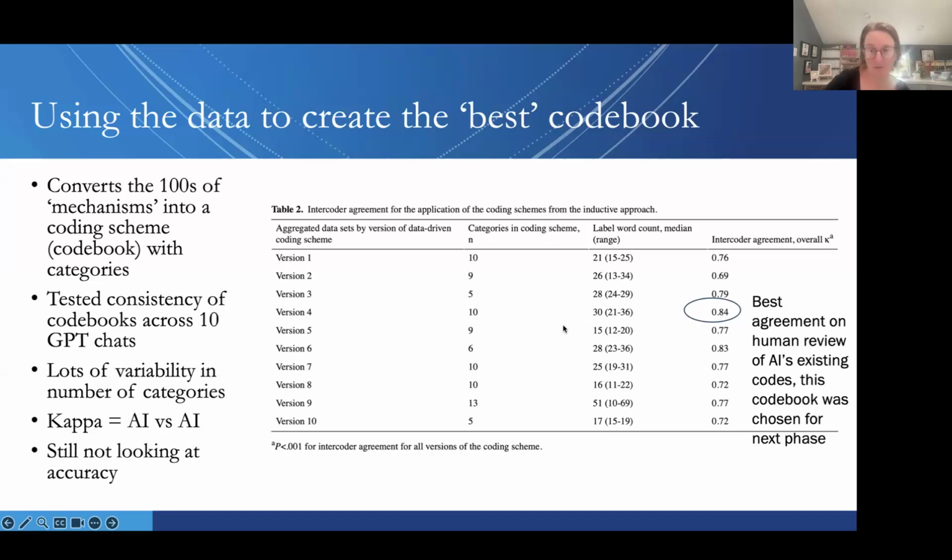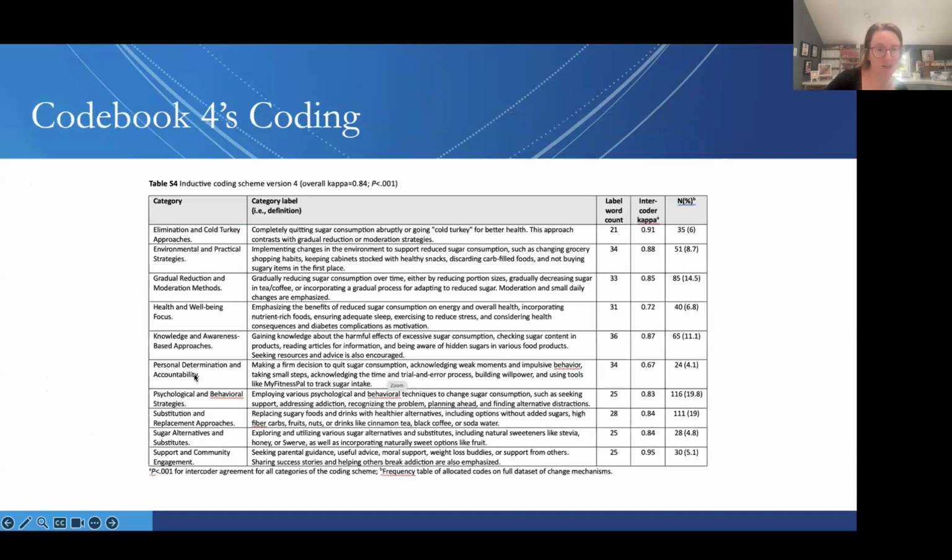But again, remember, you've got this one here that's at a 0.8 or a 0.79 of inter-rater reliability, and this code book only has 5 categories, and this code book has 10 categories. So the obvious question is, okay, it's very precise, but is it accurate? Are there 5 or are there 10? There's got to be either 5 or 10. I mean, maybe there's 9 versus 10. Maybe you could argue 7 versus 10, but 5 versus 10, or even down here, 13, starts to get a little bit wonky, in my opinion. So again, their kappa was AI versus AI, and they're still not necessarily looking at accuracy.